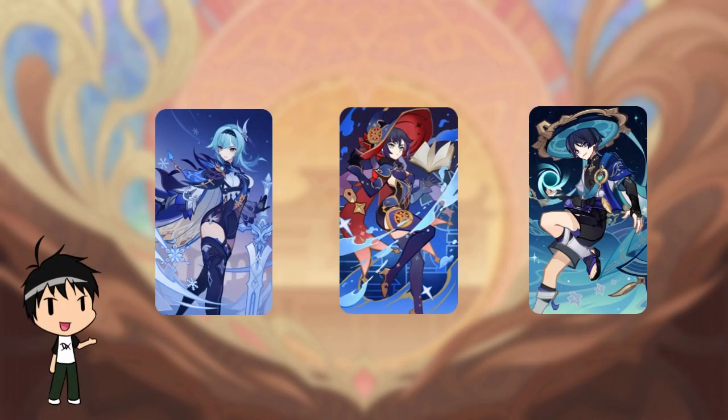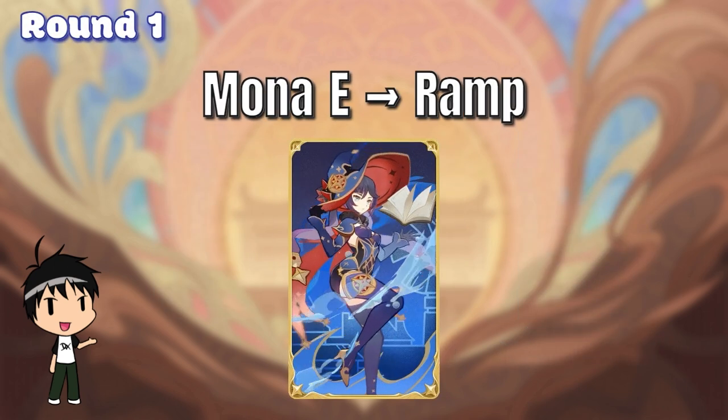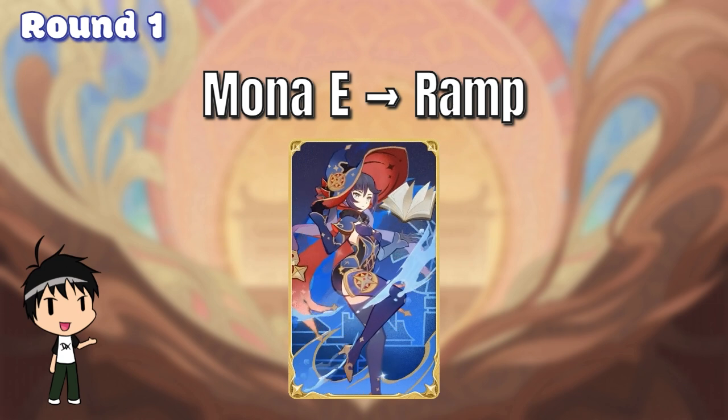MEW is a powerful and easy to learn aggro deck that focuses on the core of Mona and Wanderer, which utilizes Mona's fast swapping passive and Wanderer's ability to consistently trigger swirls. Round 1 of MEW is really linear, but it's important as it will heavily dictate how your entire match plays out,